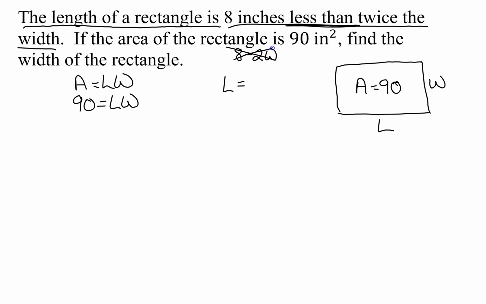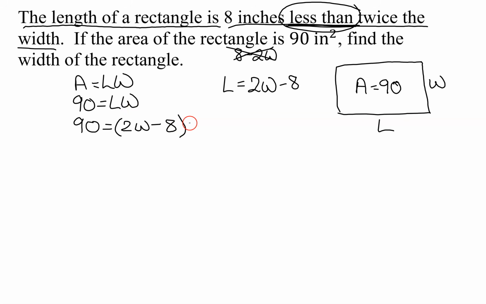That is wrong. If I want 8 inches less than twice the width, I have to start out with twice the width, 2W, and subtract 8 from it. So be very careful with anything that says less than. So now all I have to do is substitute this into this equation for L. So I'm going to get 90 equals L is 2W minus 8